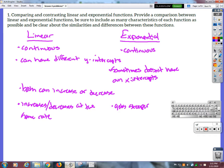Right, so we kind of did that here. It sometimes doesn't have an x-intercept. Okay, what's that? That's all you got. Okay. Luis? Okay, good. Linear functions are